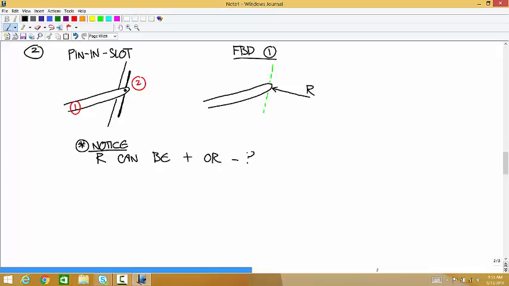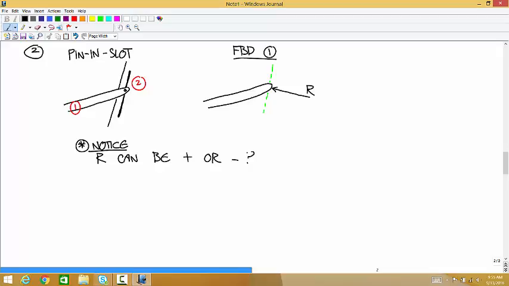For contact without friction, this pen on the table, all the table can do is push up on the pen, right? But with the pin and slot joint, motion of this rod is prevented towards, I'll hold it like this. I can't pull the rod that direction, and I can't push the rod that direction. Okay, so